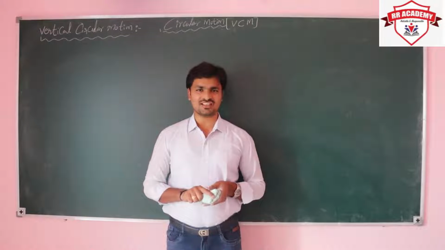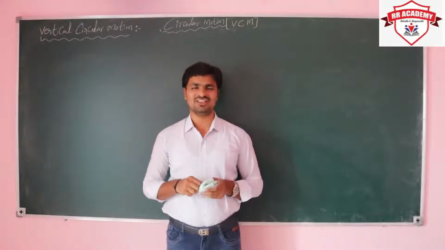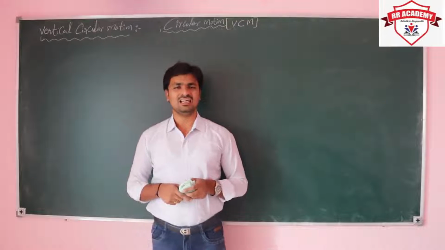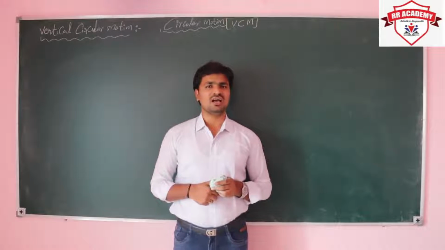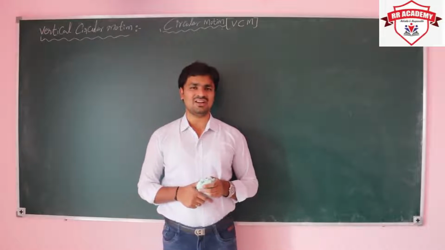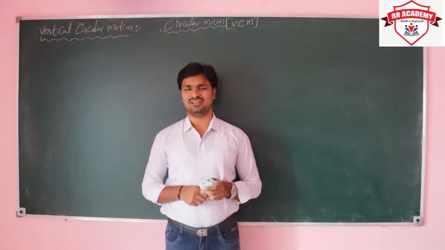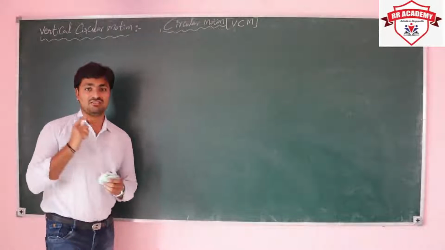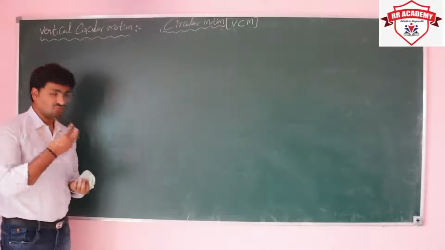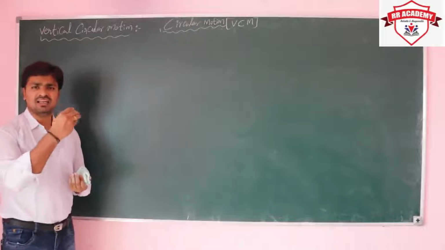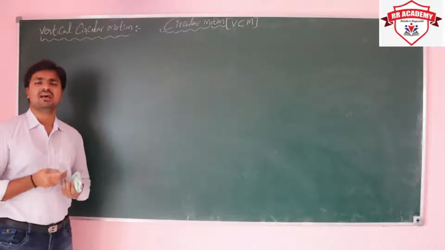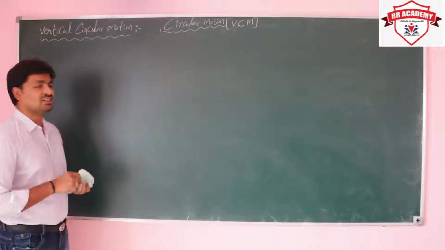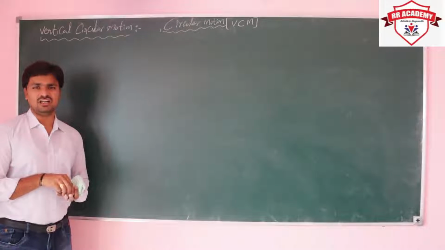Today we are going to discuss vertical circular motion. This is one of the important parts of circular motion. In the last two sessions we discussed angular parameters as well as horizontal circular motion. In vertical circular motion, the particle is moving with variable speed. The speed of the particle is variable, meaning it continuously changes, because of the gravitational force. In vertical circular motion, gravity plays an important role.